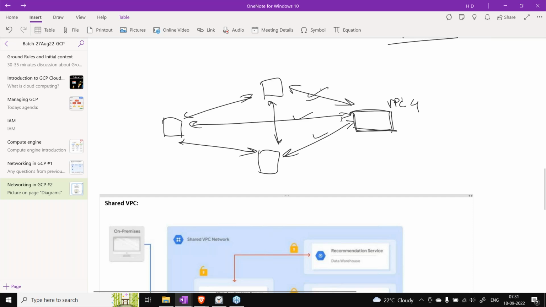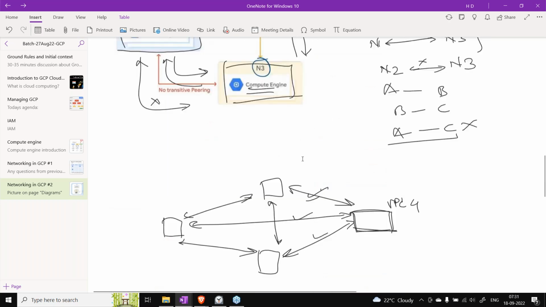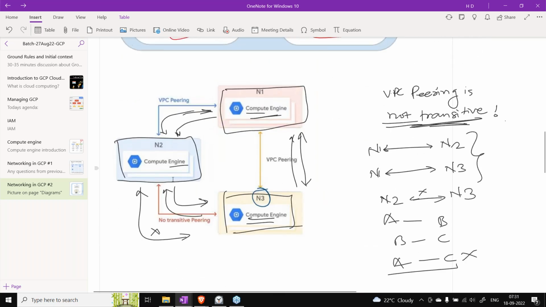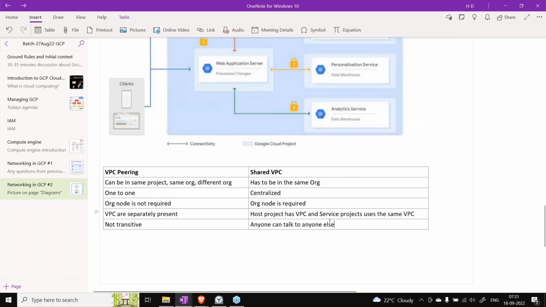Once we have all the VPCs under shared VPC, any machine can talk to anyone else. Otherwise, machine N2 cannot talk to machine N3 unless we create a peering. But in shared VPC, once we have everything under the same shared VPC, anyone can talk to anyone else.